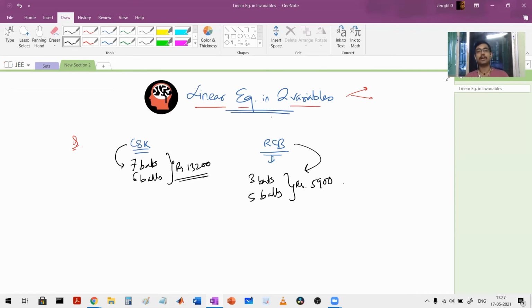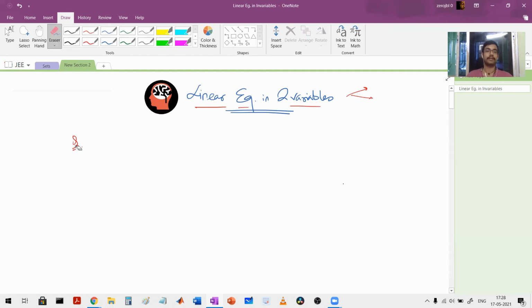In class 12 you have something called matrices and determinants. In class 10 we are just dealing with two variables. There we can deal with 3 variables. If you want, we can deal with 4 variables, 5 variables, any number of variables. Are you getting my point? So before jumping into all those steps, let's start with just solving two variable equations. We shall learn many methods of solving a linear equation in two variables. Okay, so the very first method is called the substitution method.